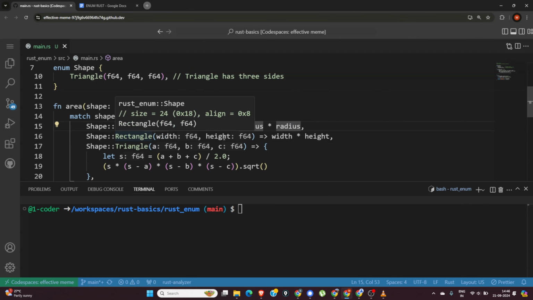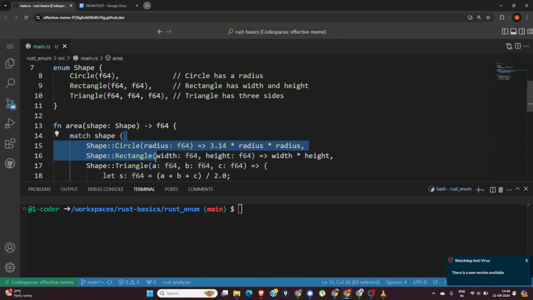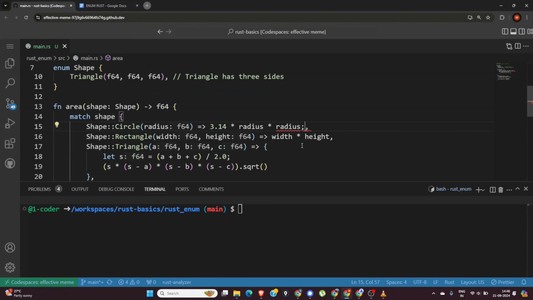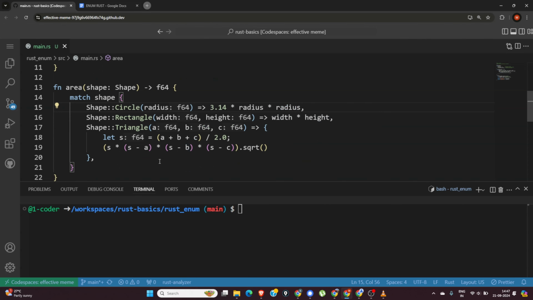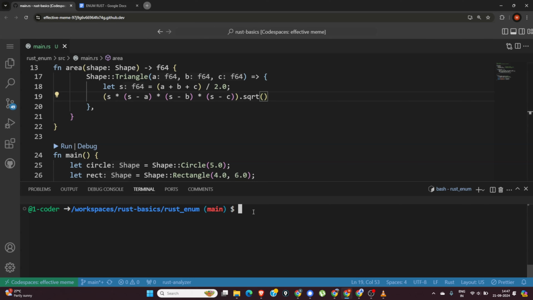Same for rectangle, we are capturing these two values 4 and 6 in these two variables called width and height, and we are multiplying them. As we are not using a semicolon here, these statements will be taken as a return statement. For triangle, we are calculating the area of the triangle by using this formula, and here if you see there is no semicolon, so this statement will be treated as a return statement. So now let's run this,